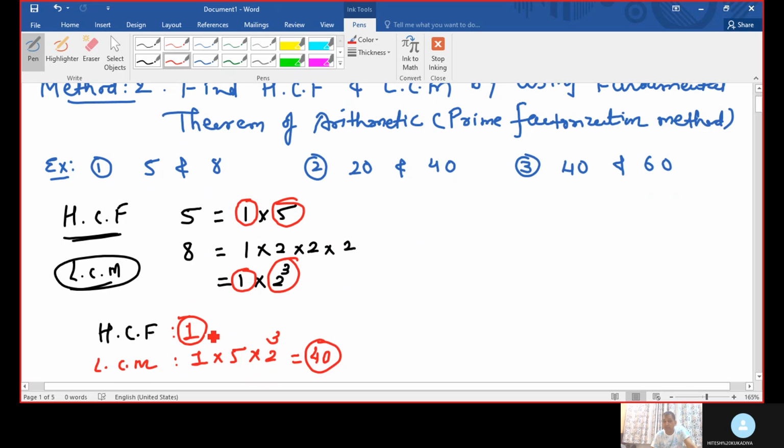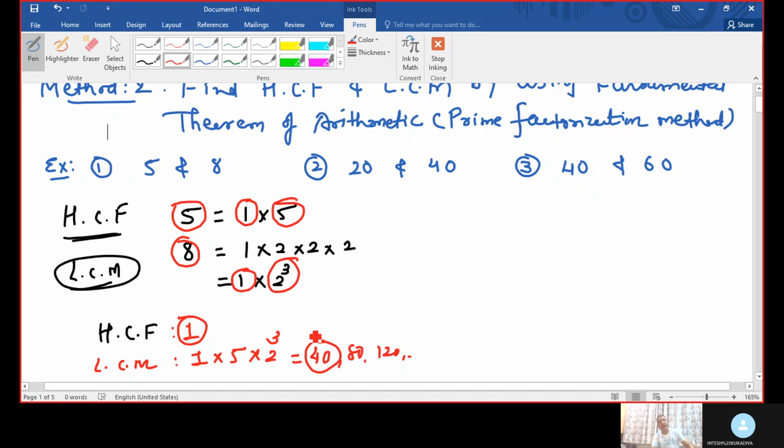Now speak the table of 1: 1 five is 5 and 1 eight is 8. And LCM is the reverse. Now speak the table of 5: 5 eights are 40. Speak the table of 8: 8 fives are 40. Right? So when our LCM is 40, you can also write LCM 80, or 3 fours are 120. In the table of 40: 1 forty is 40, 2 forties are 80, 3 forties are 120, 4 forties are 160, and so on. All are common multiples of 5 and 8.